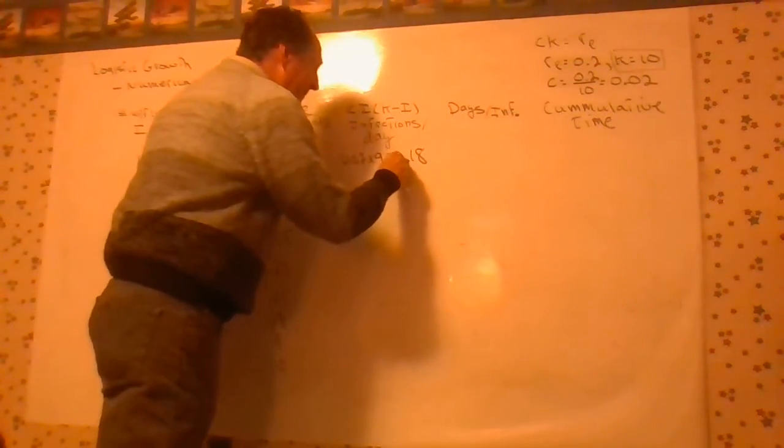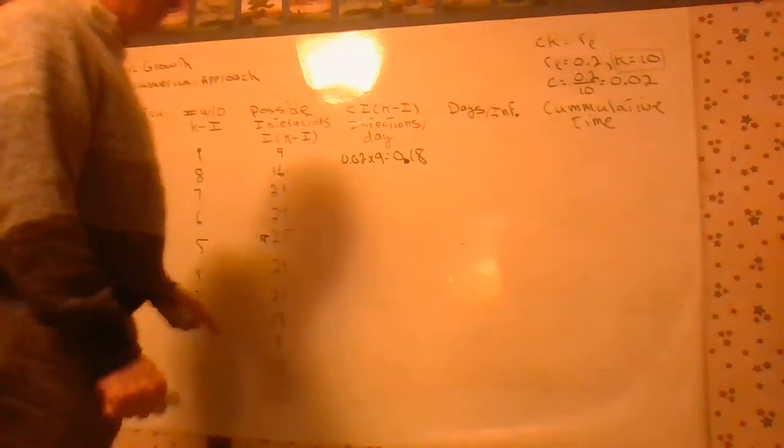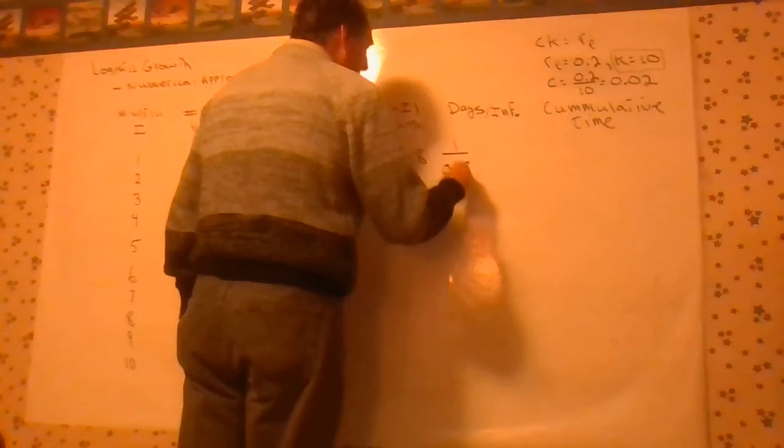And now that's infections per day. If you take the reciprocal, it becomes days per infection. This tells us basically roughly 0.2 infections every day, which would take you 5 days for one new infection on the average. So we can do 1 over 0.18, and if you compute that,